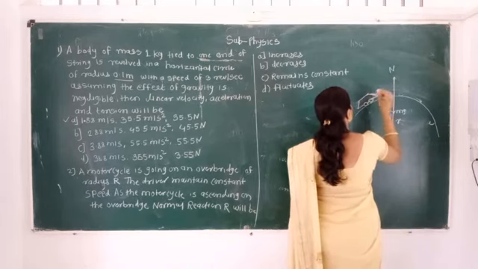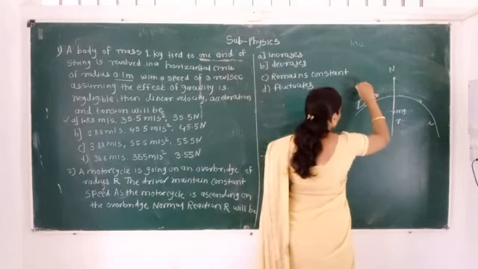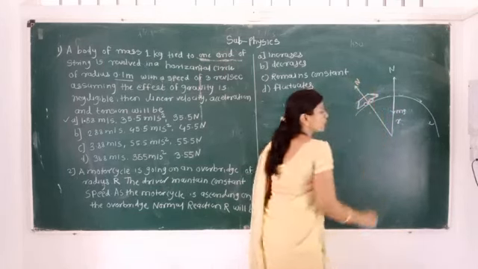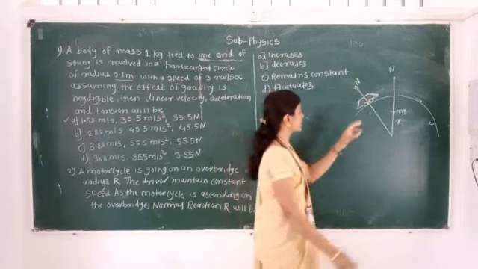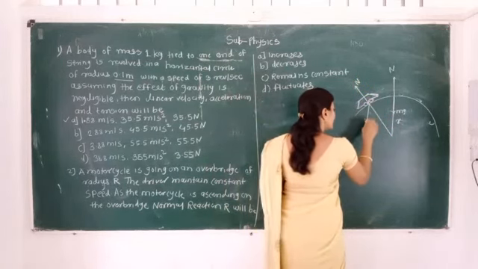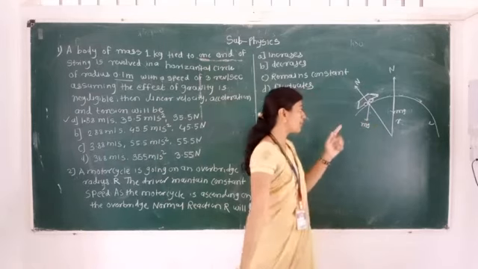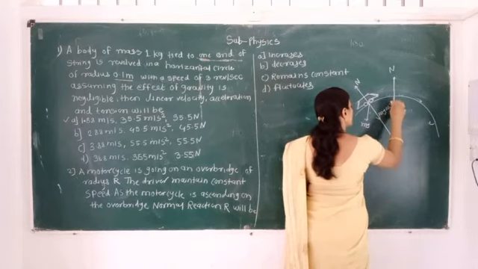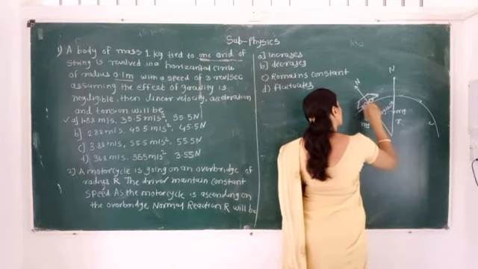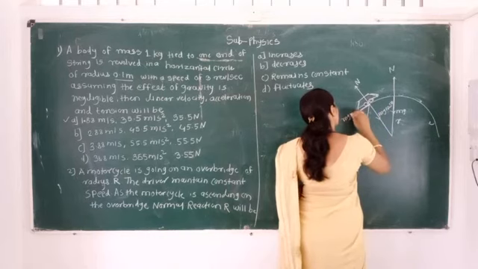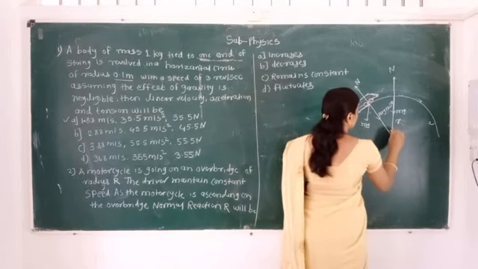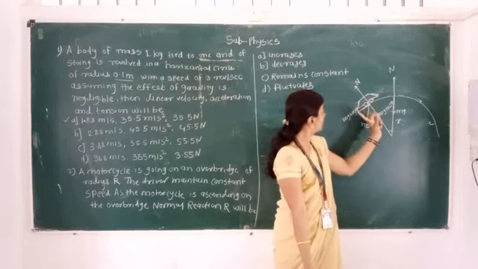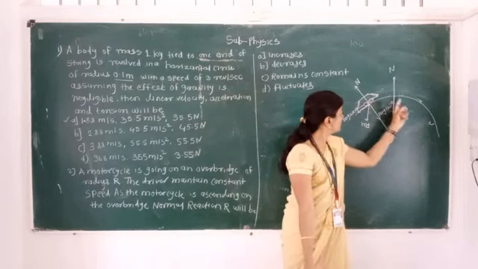Let me consider the vehicle is present here. Here it is the normal reaction. These are the forces acting on that vehicle. Here we have the weight mg. The weight mg is resolved into two components. First, in this direction, mg cos theta. Second, here, mg sin theta. Here we get the angle theta. Here we will get r, the radius of the circular path along which it is going to travel.